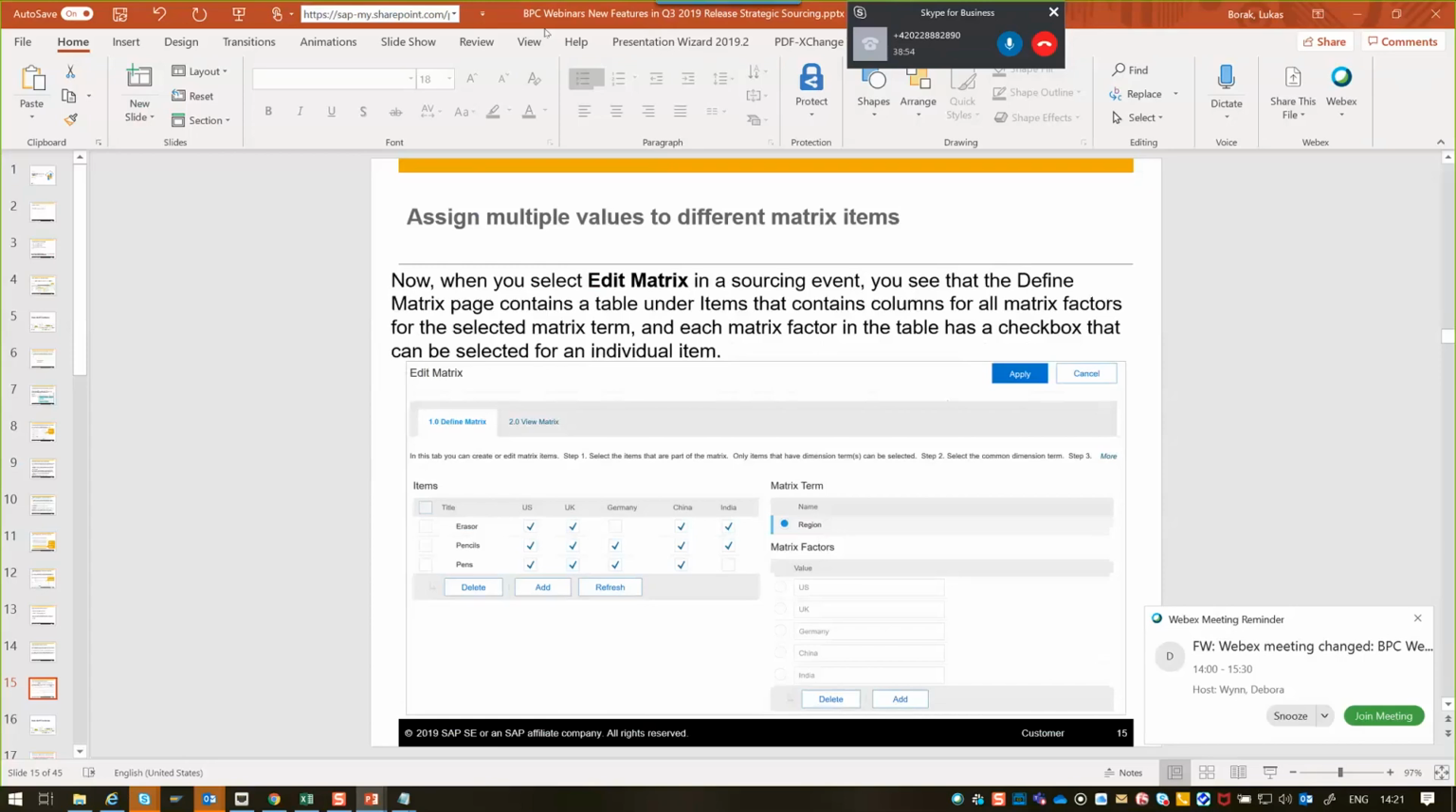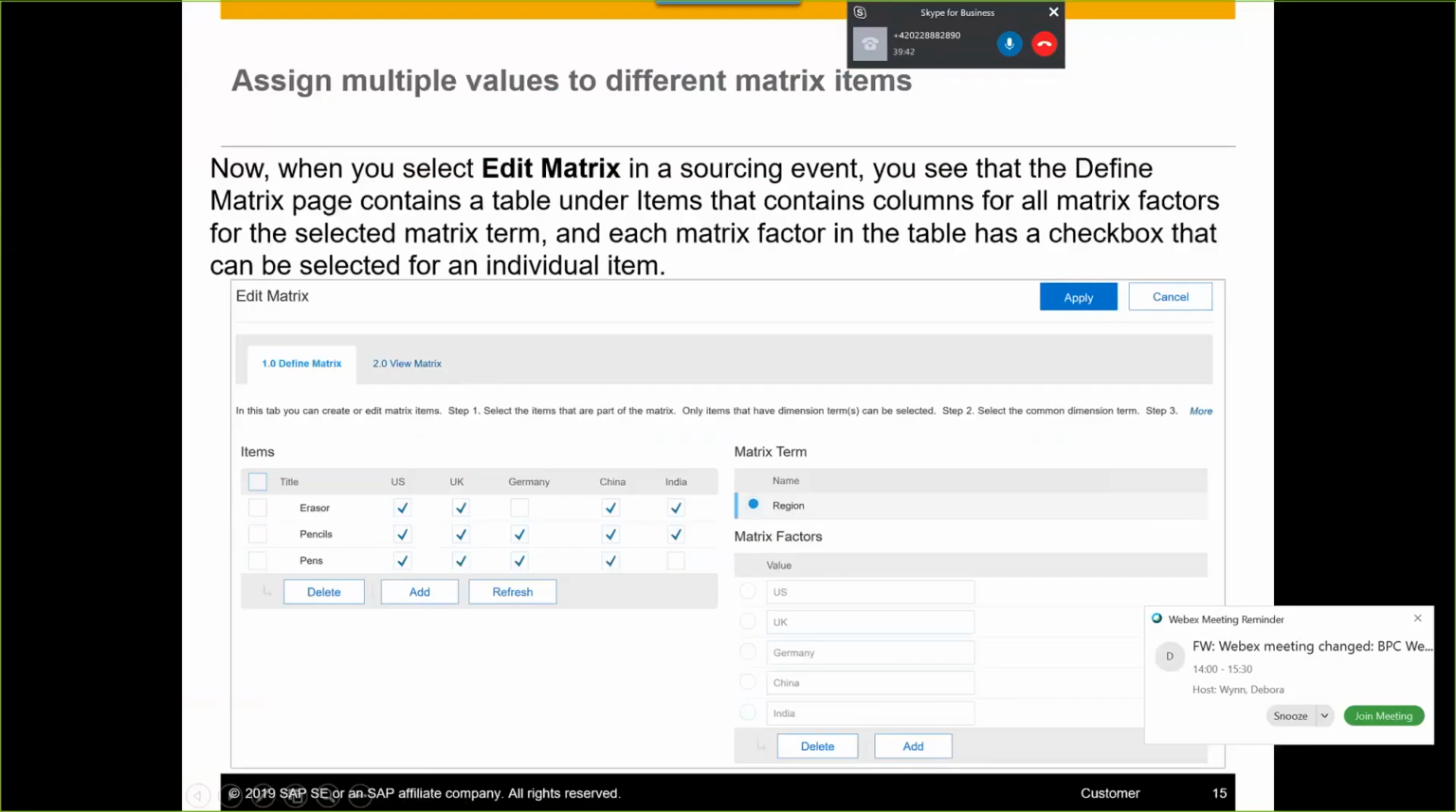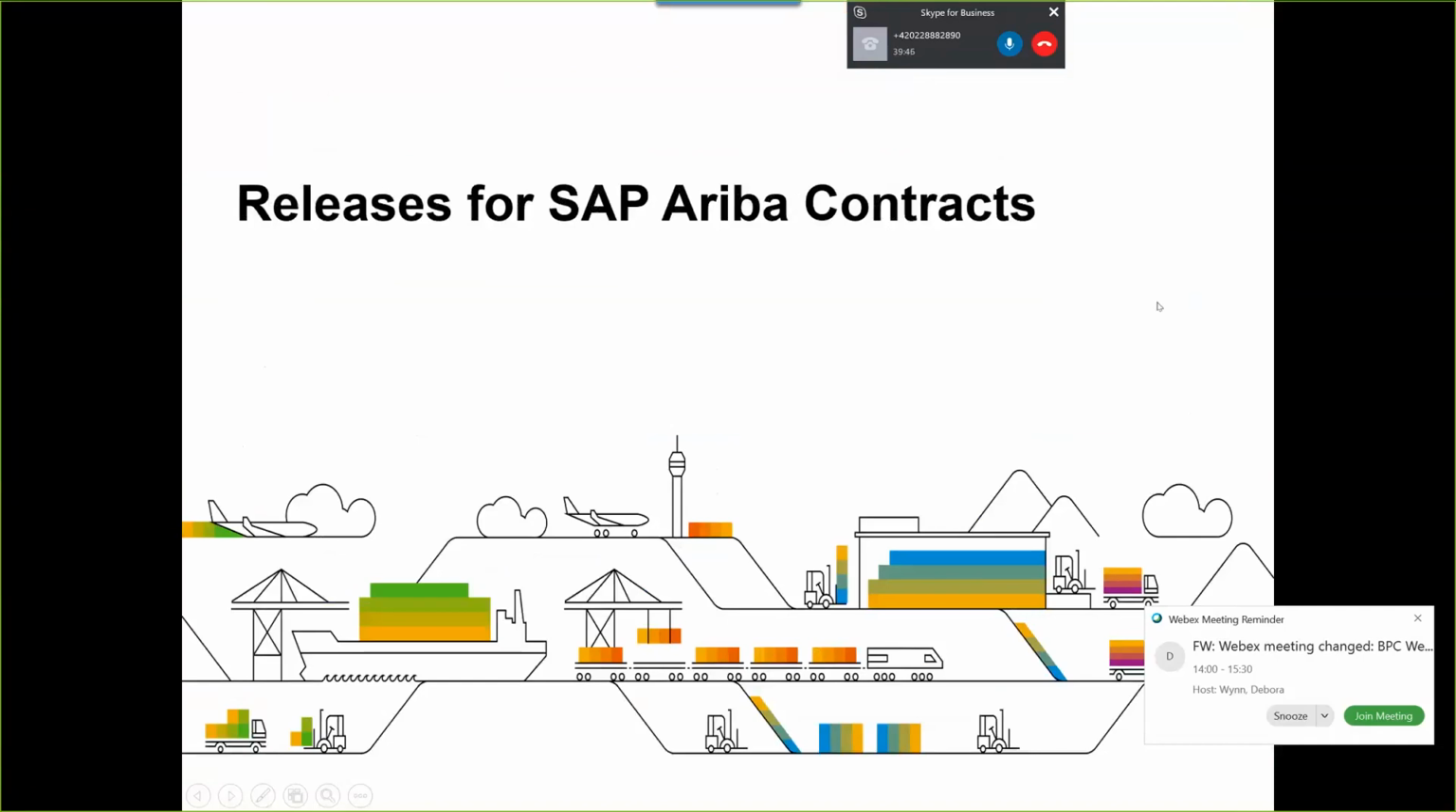I don't see any other questions, so we can move to contracts. So in the release for contract,